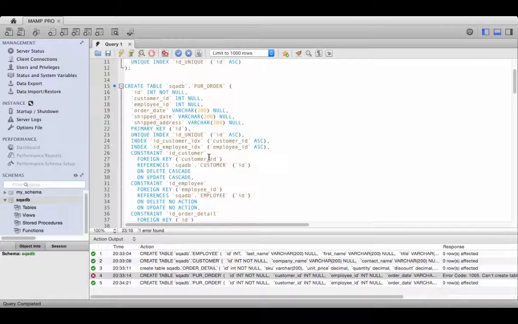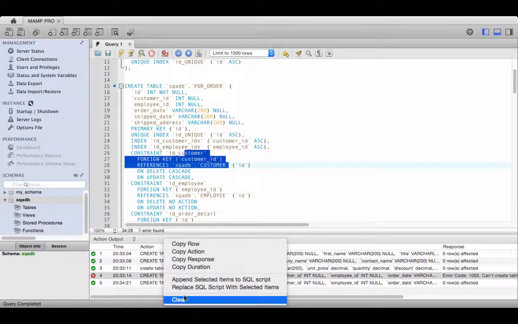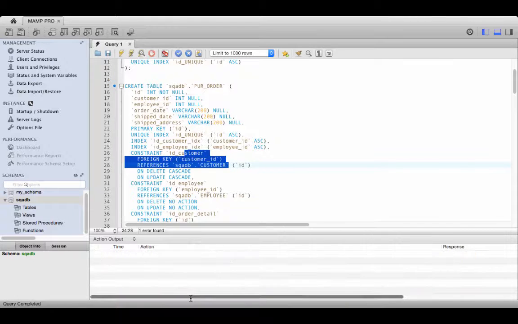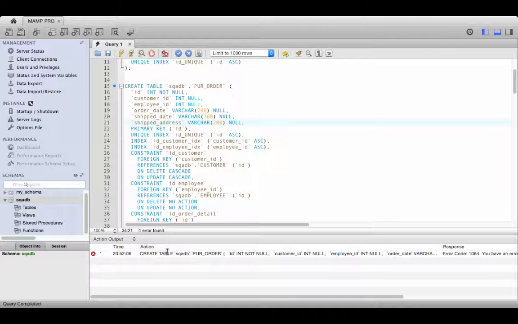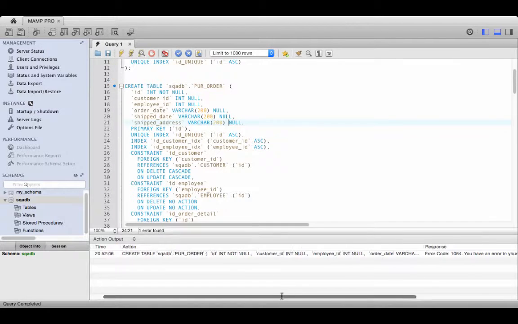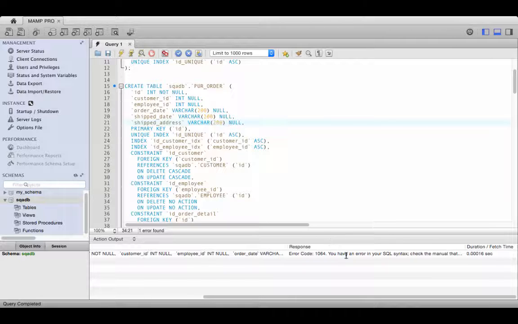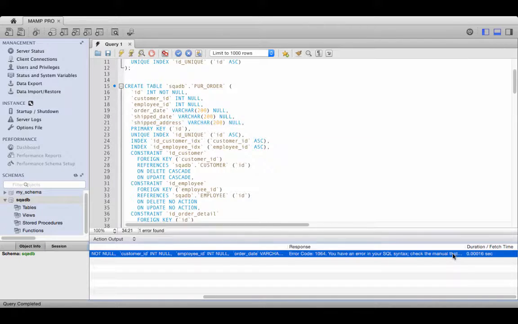So you have to do the purchase order last. As long as you do that, when you put the constraint here, if these don't exist, your SQL is going to argue back at you. So if I clear my errors, and I have those tables created, and I try to create this one right here and run it, it's going to say here is an error, and then you have an error in your SQL syntax. Check the